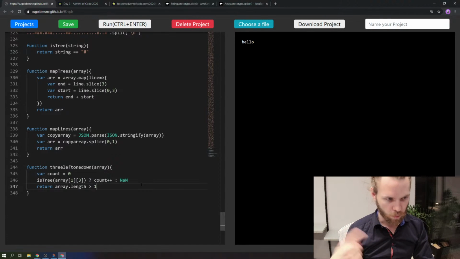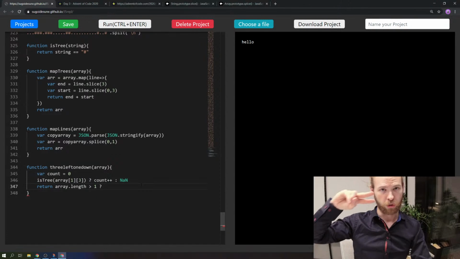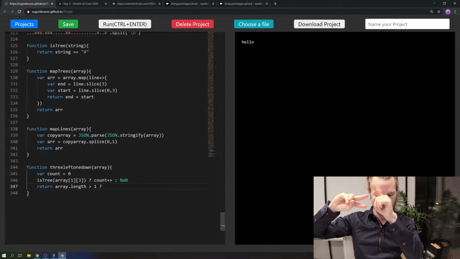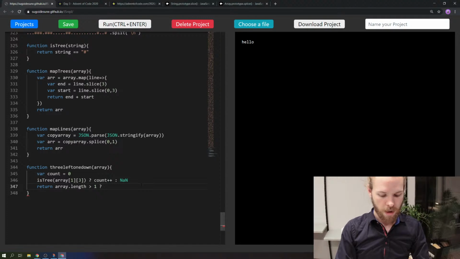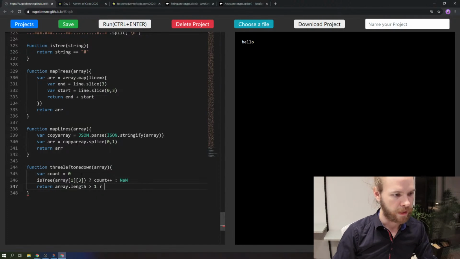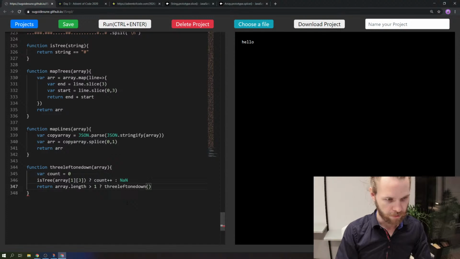If it's bigger than 1, yeah, which means there are 2 lines, which means we can go 3 and 1 down. If it is bigger, then recur, call yourself,